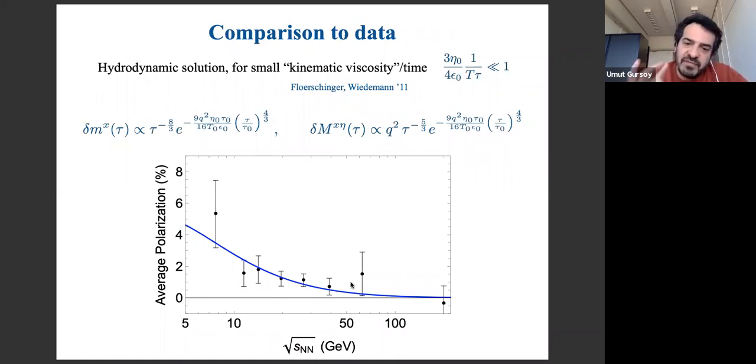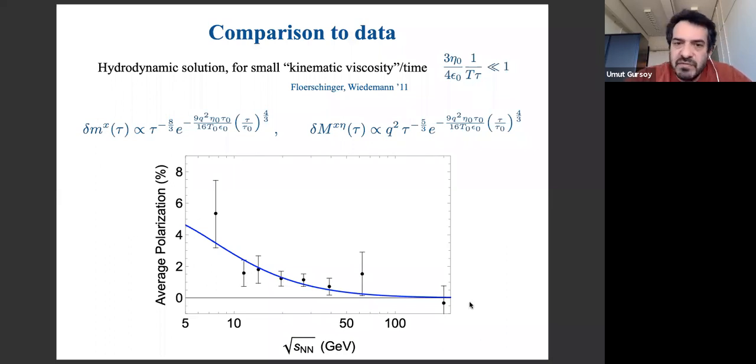But of course, what we have done in this matching is that we matched one of the points, because these are proportional. The proportionality constants depend on the transport coefficients and the initial conditions, which we don't know how to fix. So we fit the overall constant to this data point, and then the rest is just prediction,